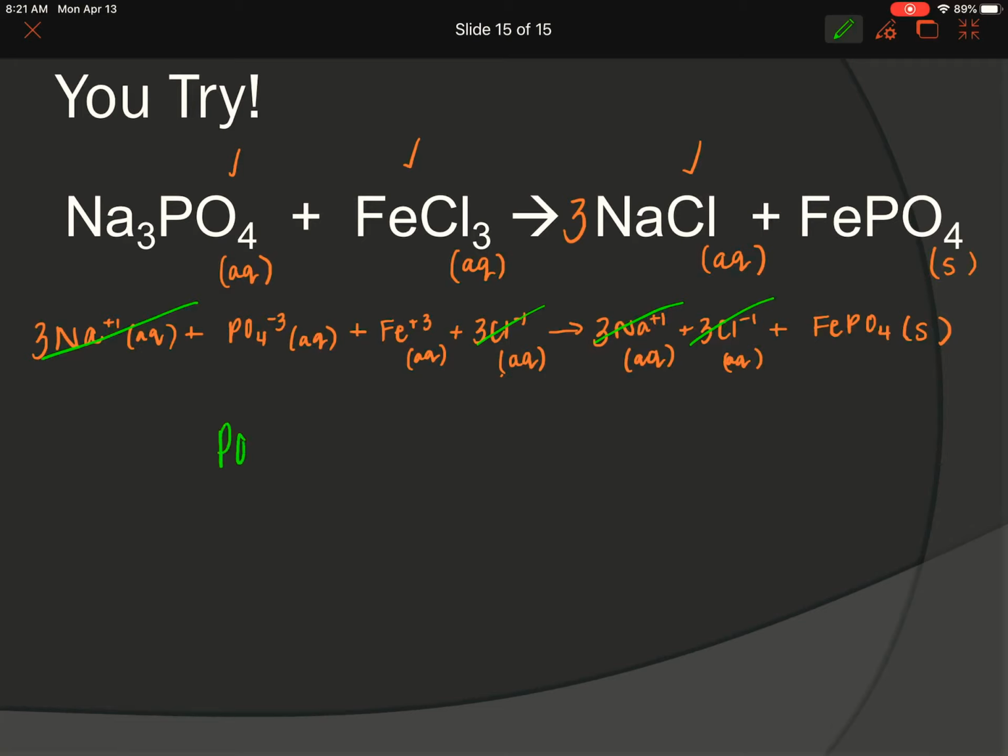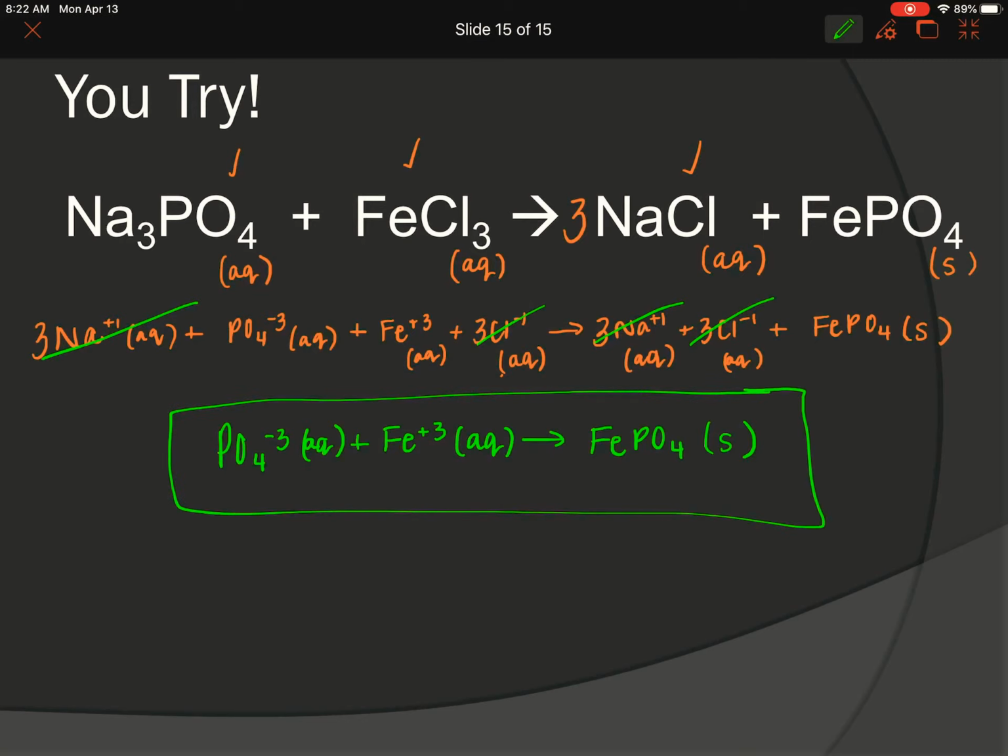So before my reaction, I had phosphate that was aqueous. Geez, I'm having a hard time. And then I had iron that was aqueous. And this yielded iron phosphate precipitate. And everything's all balanced, so I've done my job correctly. So now go ahead